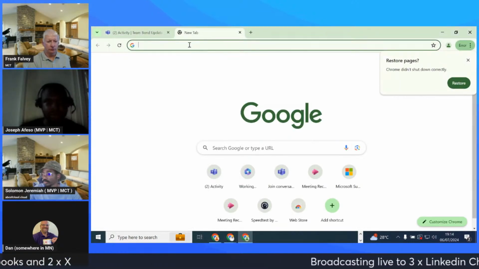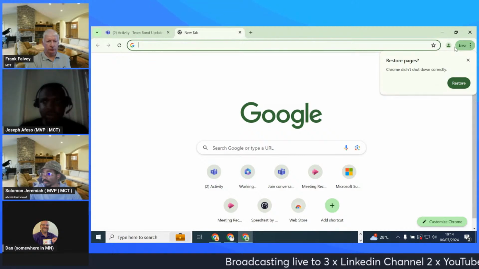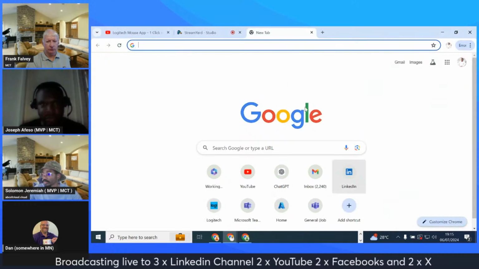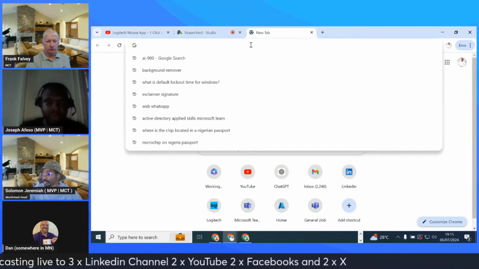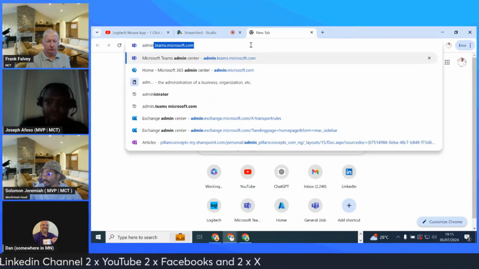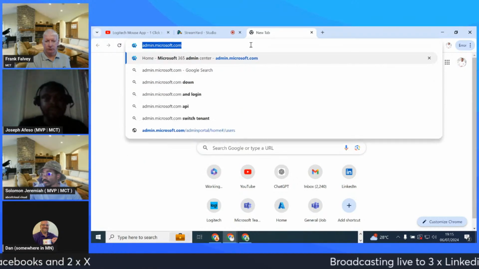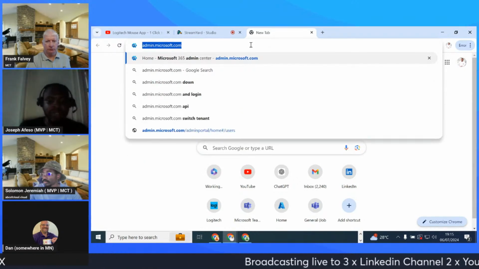If I just do, okay, I'm trying to get the browser that I am. If that's not going to take me there, I'll just come here straight and do admin.microsoft. So I think it would be great if I can do cmd.ms